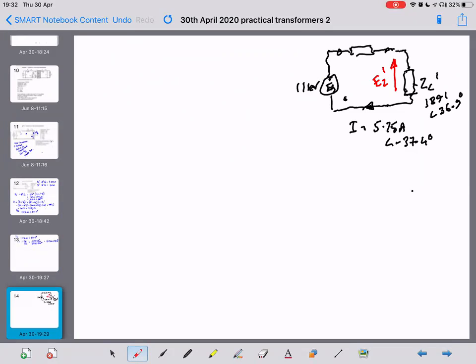Okay, so we know the current, and we know the impedance of the load, therefore we can go E2 dash is equal to I primary times ZL dash. Happy with that? Therefore, that is